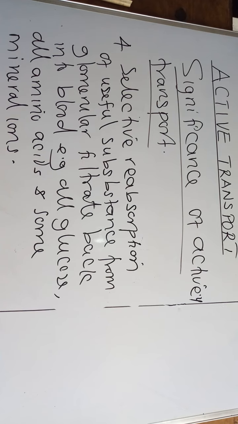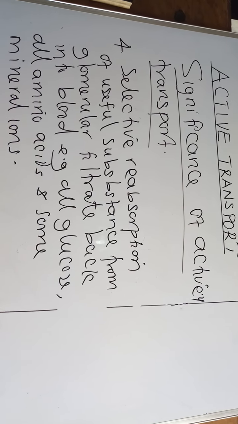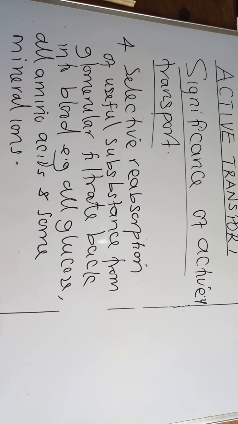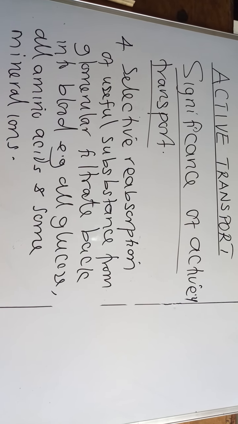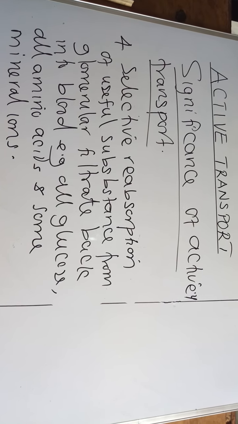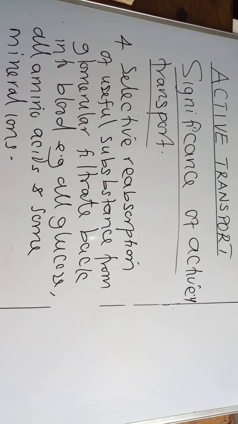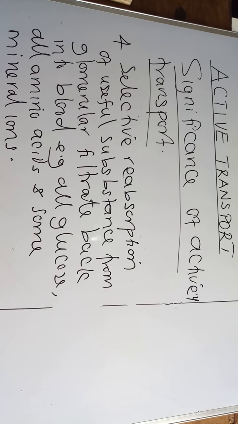These substances are selectively reabsorbed back into blood through the process of active transport. And with that, active transport helps to bring back useful substances into blood, like glucose, which is used in respiration, amino acids, used in repair of damaged body cells or tissues, and mineral ions, which are used in nervous communication. The other function or significance of active transport is